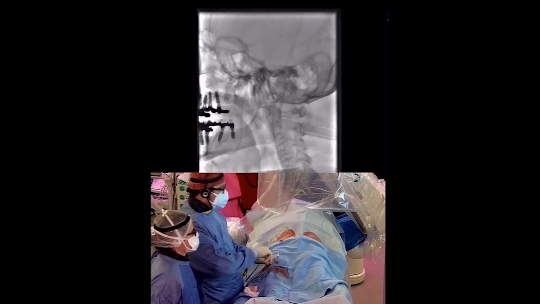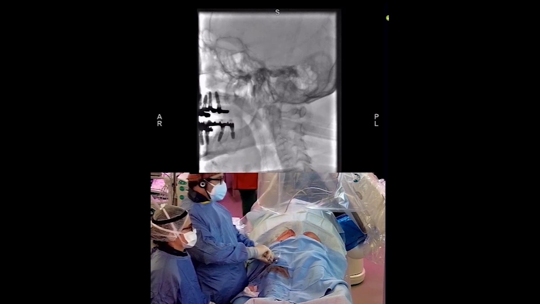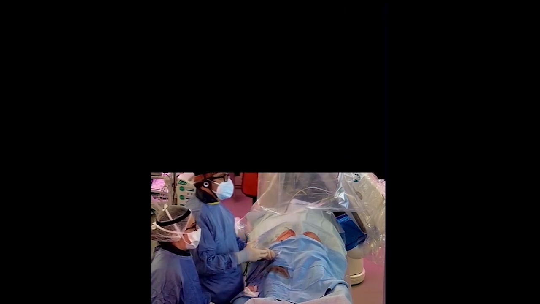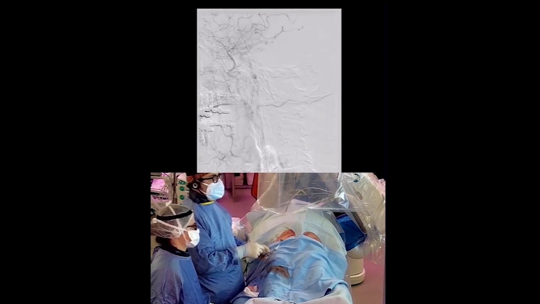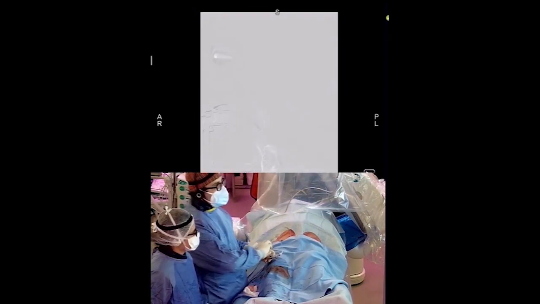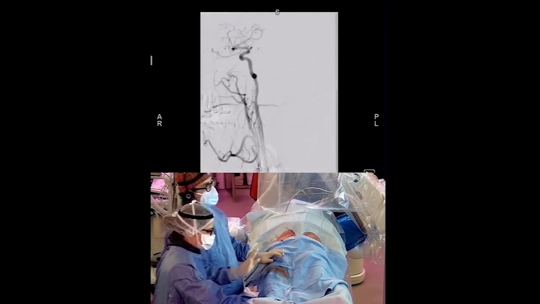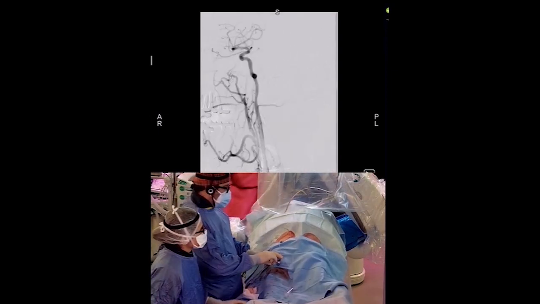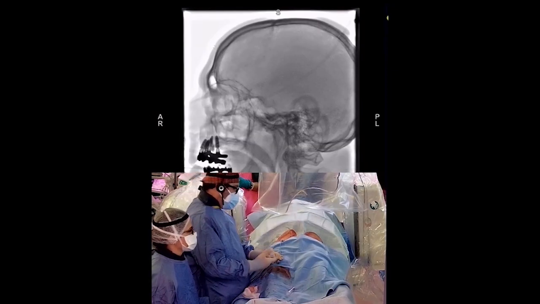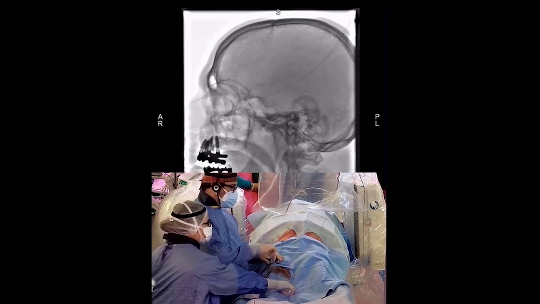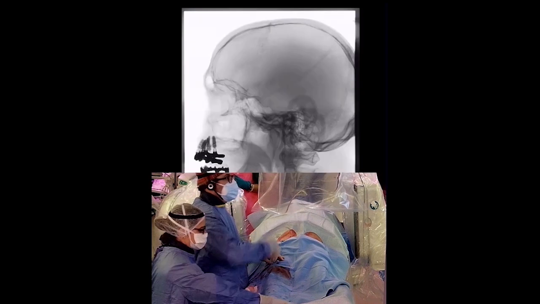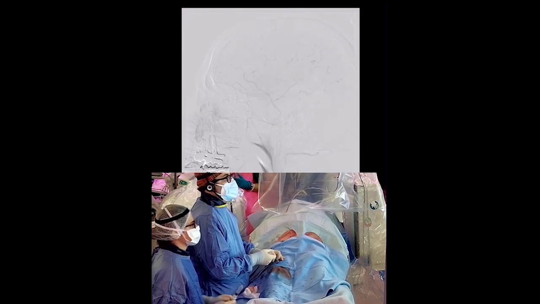So first of all, we look at the location and patency of the stent, the absence of any issue at the level of the segment treated with the stent, but also at the level of the intracranial vessel itself. And as always, we perform intracranial control both in a lateral view, and this is the image we obtain in this specific case with all normal vessel representation, and also an additional control in AP view